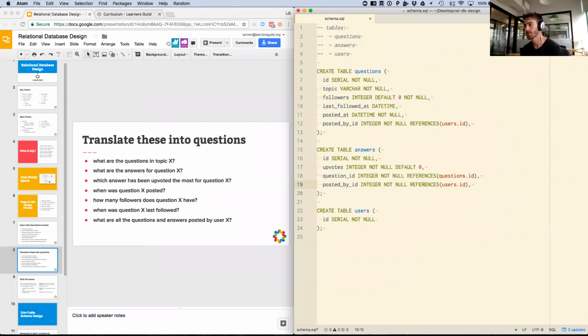Okay, so that schema roughly satisfies the questions that we have right here, but it's not super well normalized. It has some duplication in here, and it's not expressive of all the relationships that are in here. For example,